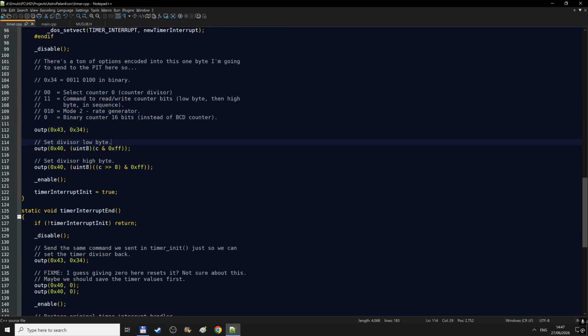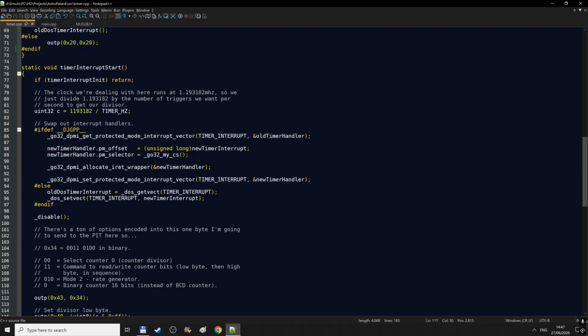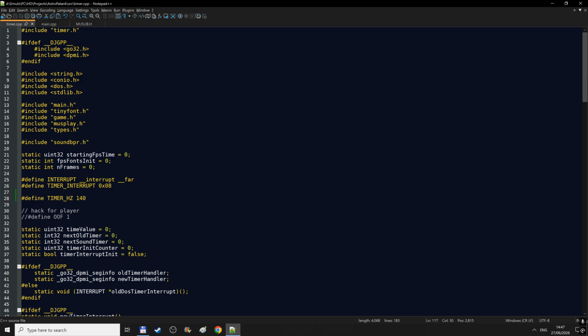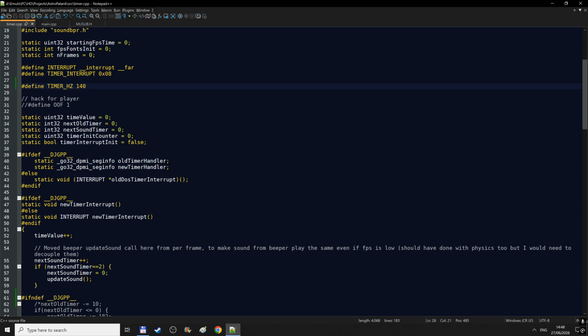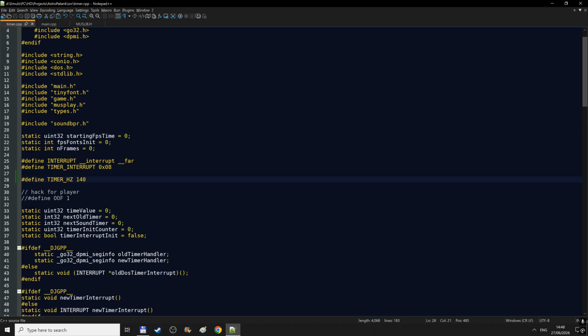And you change some values in the PIT: low byte, high byte divisor. Yeah, I have to admit those are very simple to understand, but I found some code when I searched for how to make some proper timer. I got some blogger post from someone trying to do the same, but I do understand roughly what this thing does, so that's okay. But much later, the original tutorial said you need a good timer,